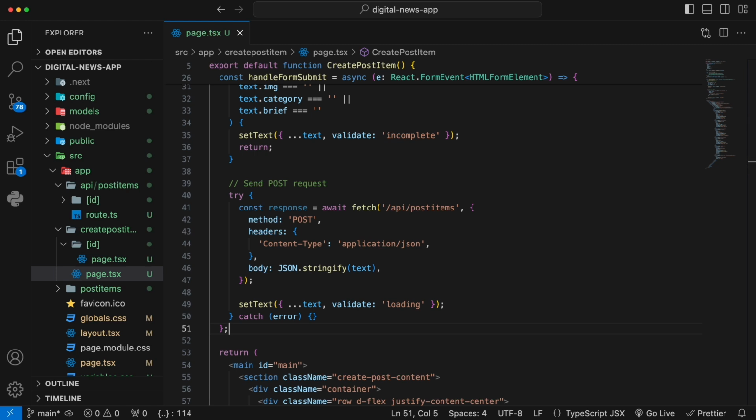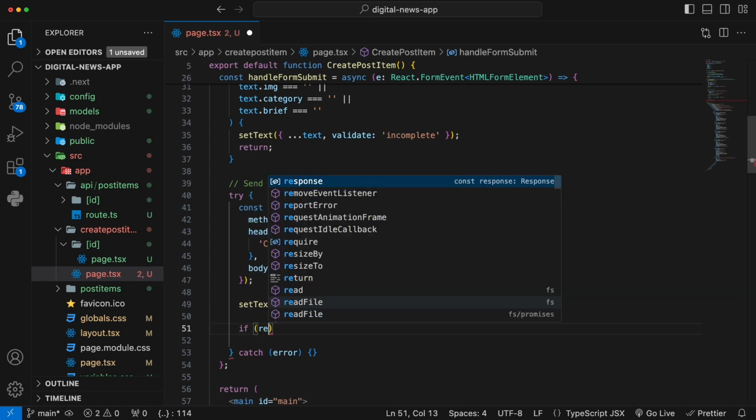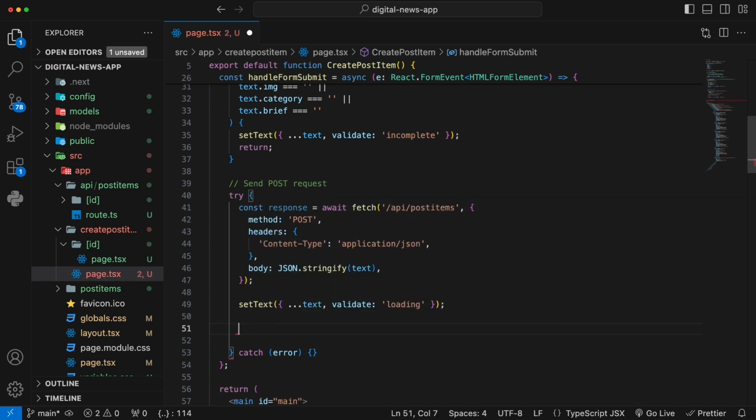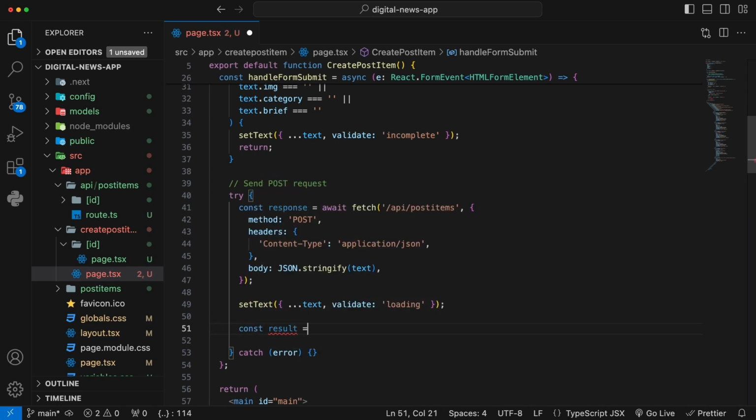Okay, so this is what it is. And then we're going to get the response from the post request. Remember, when you make the request, it'll either give you the 400 response or the 200 response or the 500 response, depending on the status of the request. We want to know if the response has been sent out successfully. So first we must create a variable called result, and that one equals